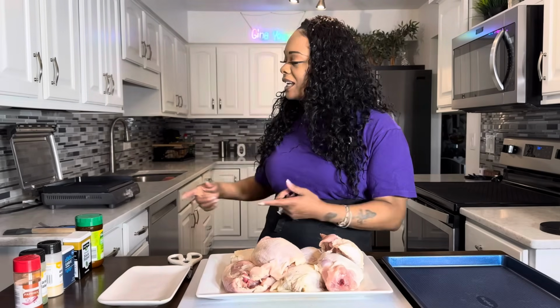Today I'm going to be doing it on this Ninja indoor grill that makes your food taste like it was grilled outside, right? So I'm excited about that. But what we're going to do, when I grill meats or chicken, I like to pre-cook it, whether I'm pre-boiling it, or baking it half the way in the oven, and then the rest of the way on the grill. And that goes for even if I'm making it outside,